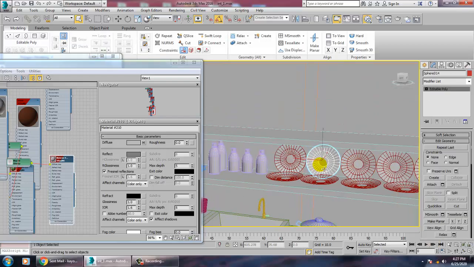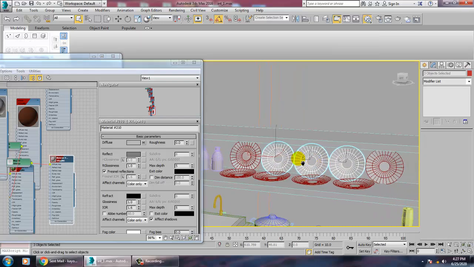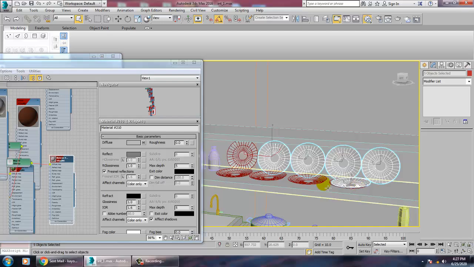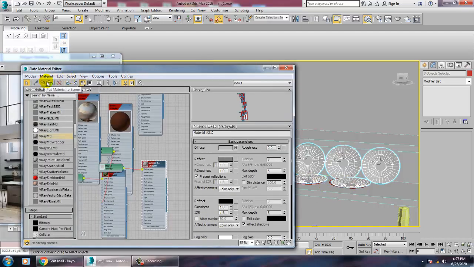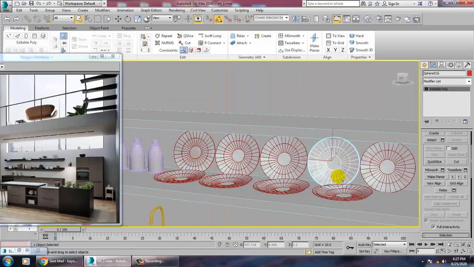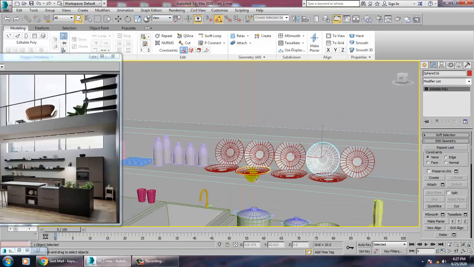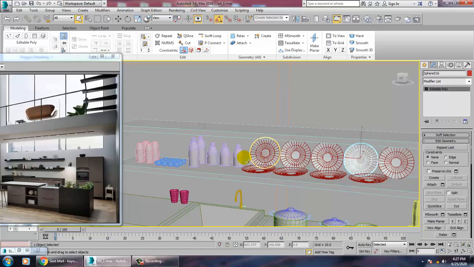So we need to assign this ceramic texture for all these plates over here. So let's just assign this texture over here.